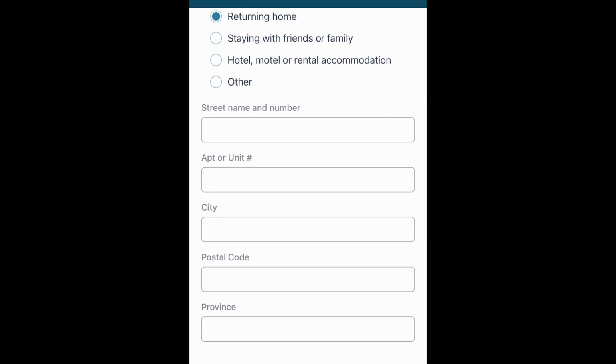Here you need to click on next, and then you can finally submit it after accepting the terms and conditions. So I'm going to stop here. From here you can do it on your own.